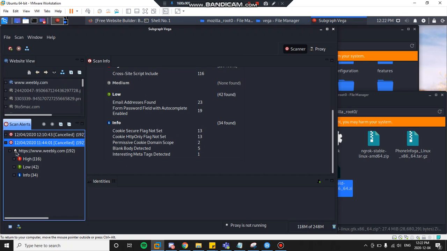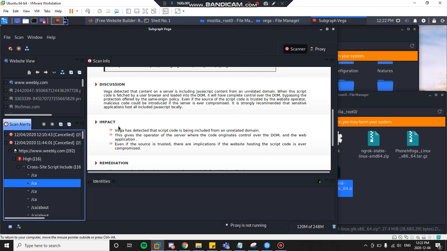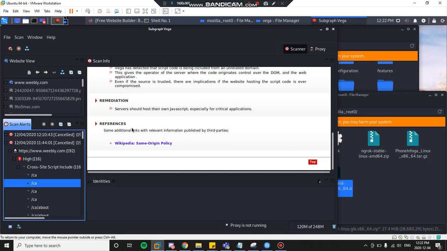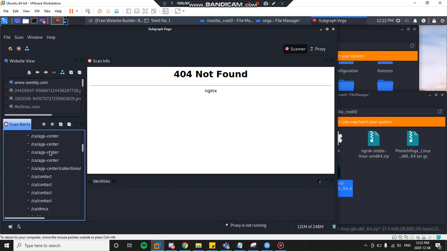To go into more detail, we can come here to the side. Let's say we want to look at high. Just expand on that, and here it gives us information on that. There's discussion, impact, remediation, references. This essentially explains to us what it is and what the issue is. Okay, I guess this one doesn't work. But let's look at